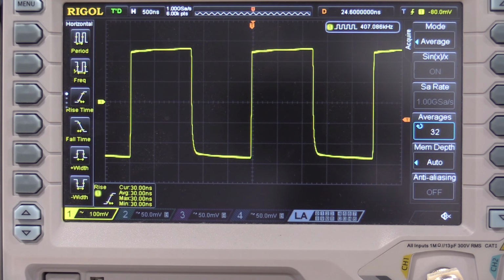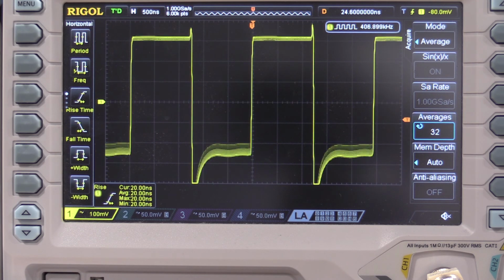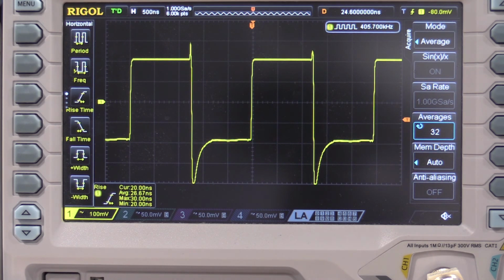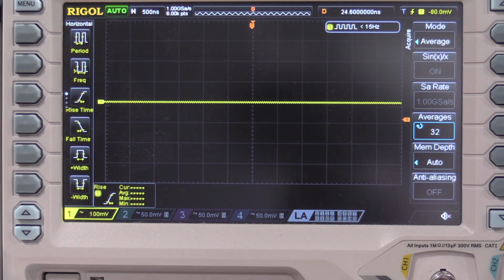So the high amplitude output, I'll just move this over here, kick this over. This is just the high amplitude square wave output. It looks a little funky because I have a 50 ohm terminator on there. You can get faster than 12 nanoseconds into 50 ohms, but if I pop this terminator off,